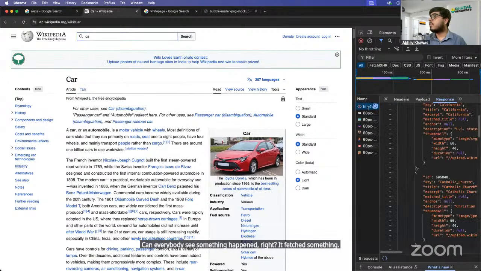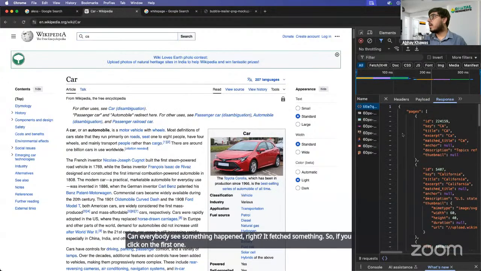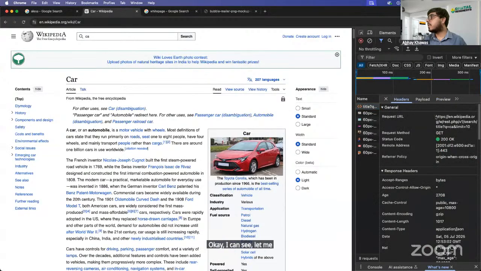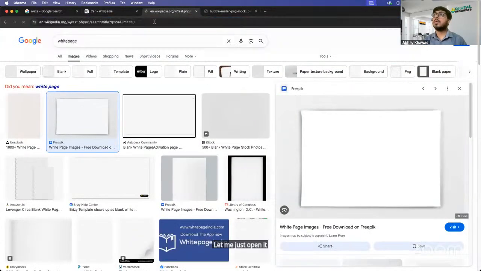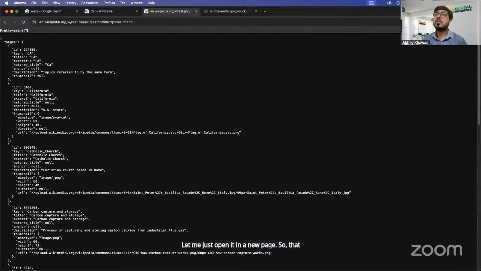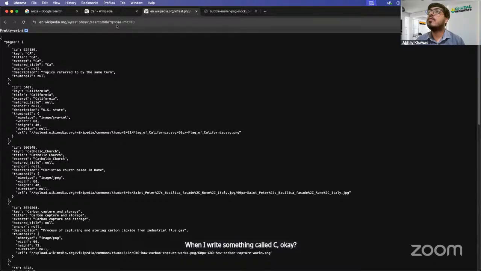So if you click on the first one, I can see, let me just open it in a new page. So that's what it is. This is Wikipedia's backend, data from the backend. So when I write something called CA, if you see here at the